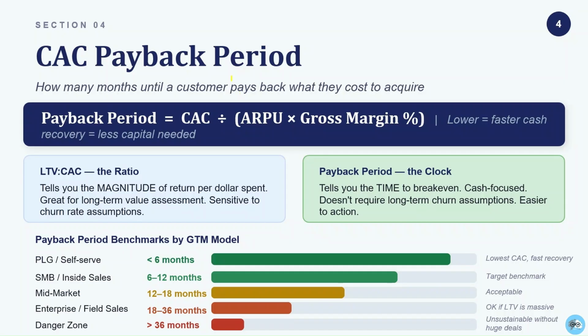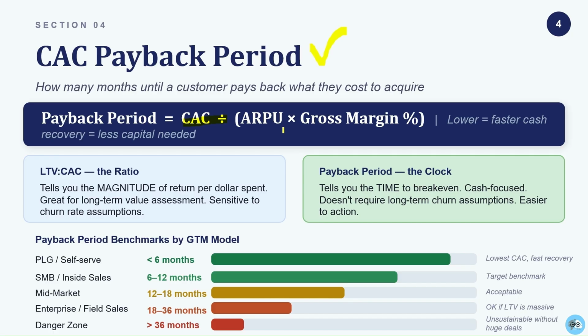Now, let's talk about CAC payback period. It means how many months until a customer pays back what they cost to acquire. The formula for it is CAC divided by ARPU times gross margin, which is nothing but CAC divided by profit. So, what we are trying to achieve here is, after acquiring a customer, how many months will it take to earn back the money we spent to get them? So, the lower the better, because if we are able to get our money back in the lowest time possible,